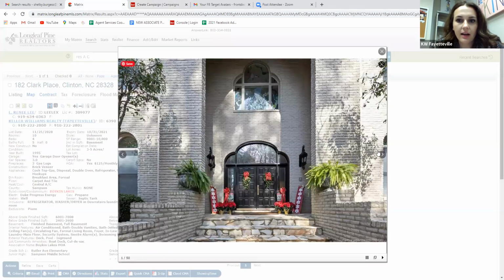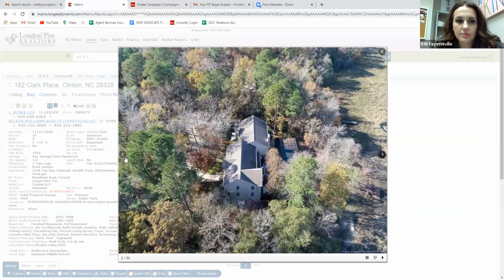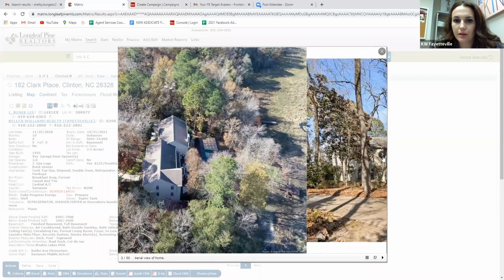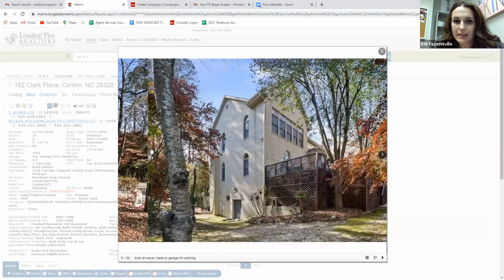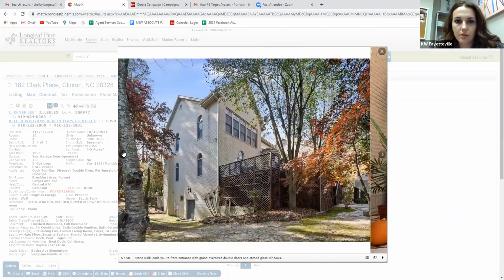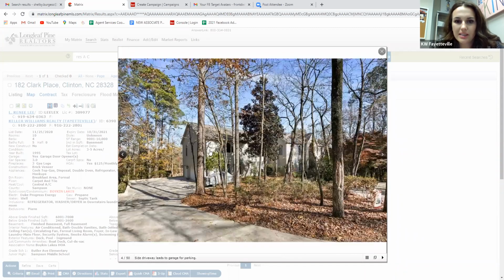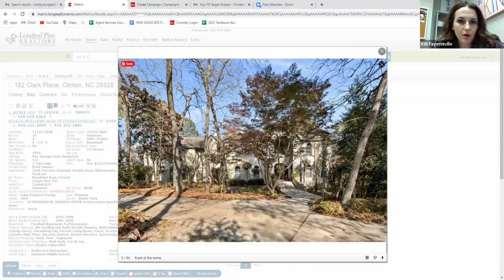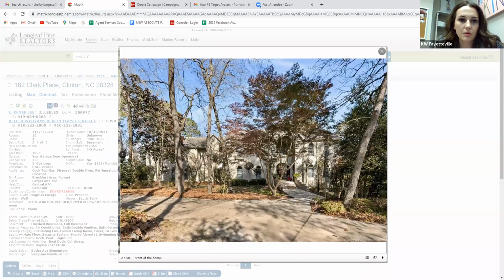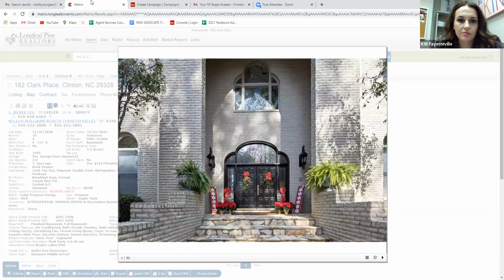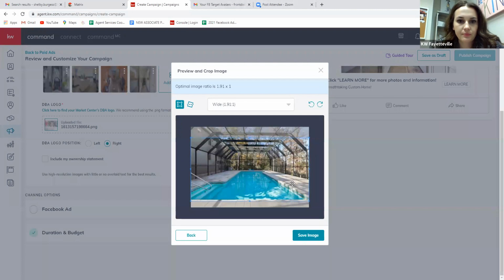Usually with something like that, I kind of like to take a photo of it. There's not really anything that references how big this house actually is. So that's kind of the struggle on this one. But something like this, I feel like that just wouldn't really come across very well in an ad. So that's kind of why I'm sticking with just this initial photo. I'm going to save image